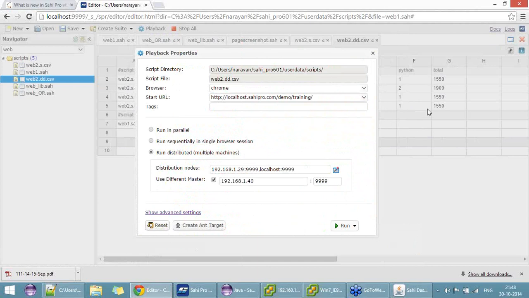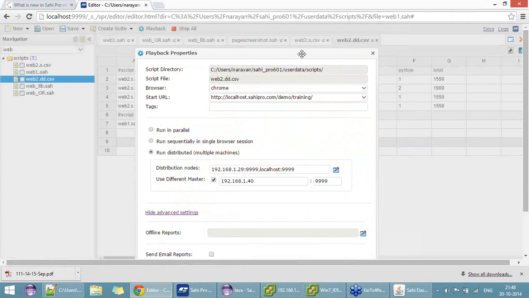Since most of the testing needs to be done on Windows-based browsers, you may have other Windows machines running with Sahi installed on them, and then you can have Jenkins trigger the scripts on these Windows machines, and then at the end it will automatically pull the logs. So all this plumbing of copying over scripts, pulling back the logs, etc., is already taken care of by this ANT target. So you can just use this ANT target